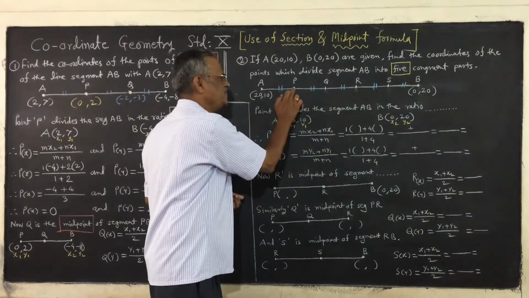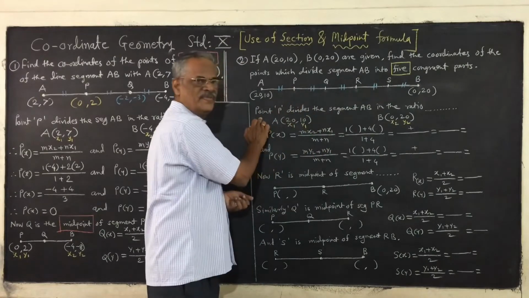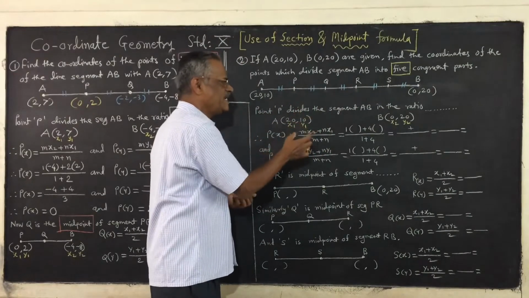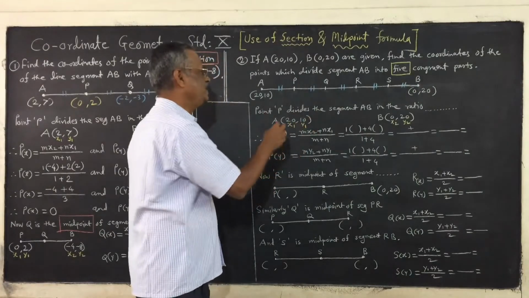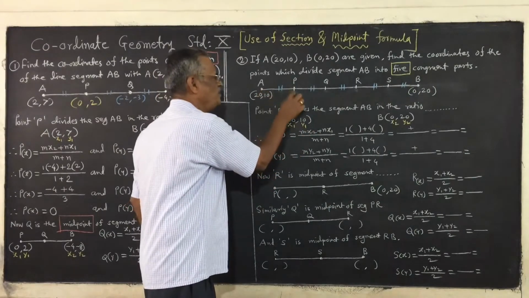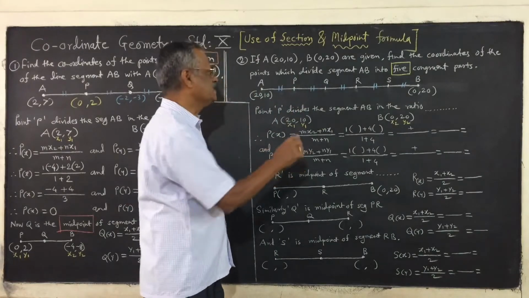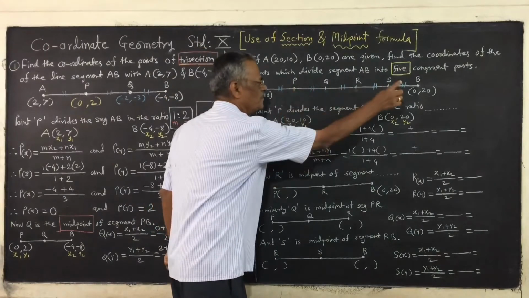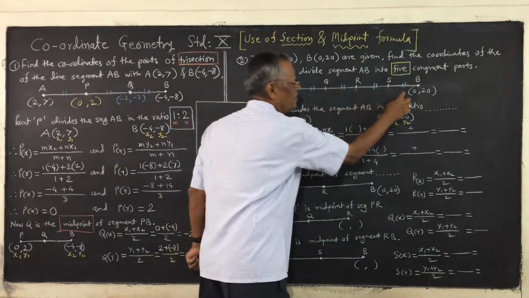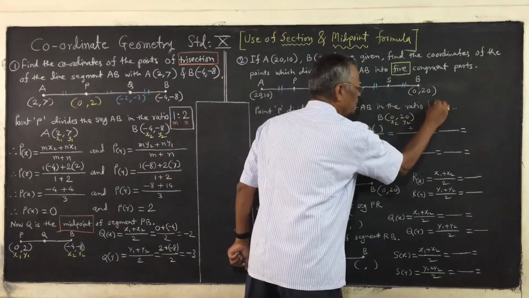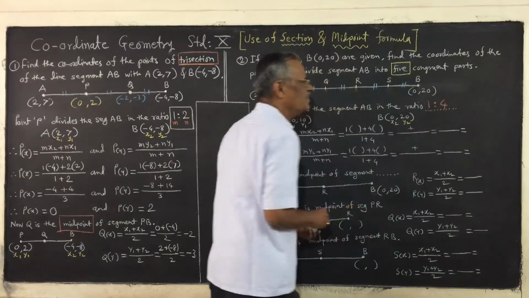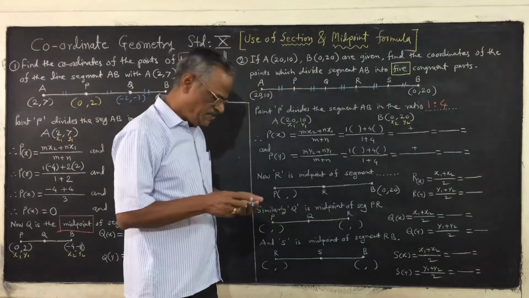So first you think about the point P. It is dividing the segment in which ratio? That is very interesting. From A to P, consider single distance, one distance, and from P to B, 1, 2, 3, 4. So what is the ratio there? You are getting 1:4.